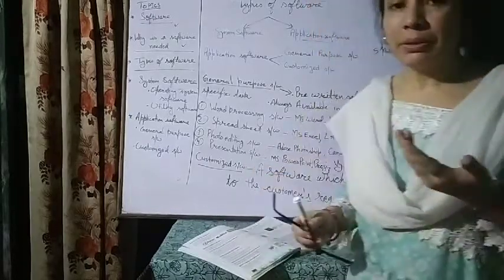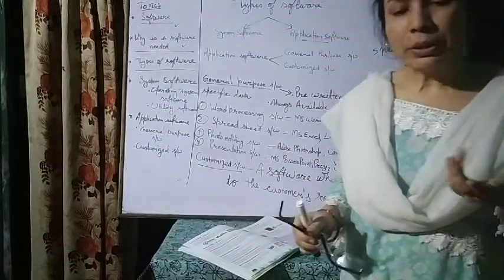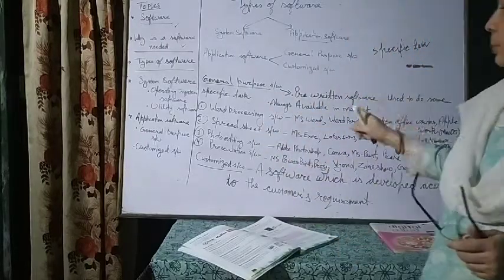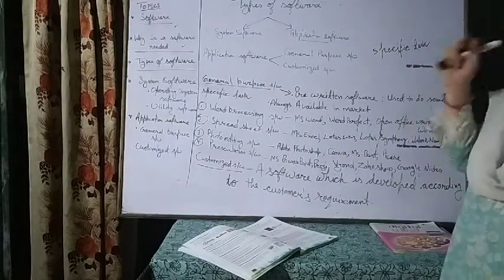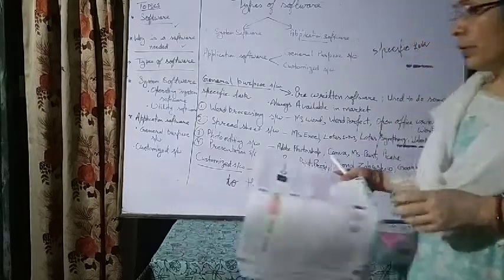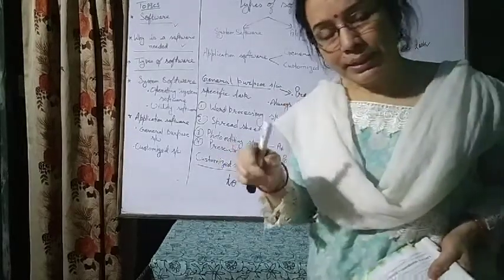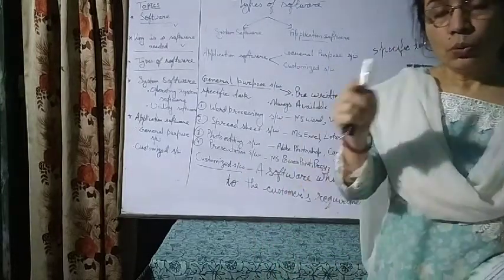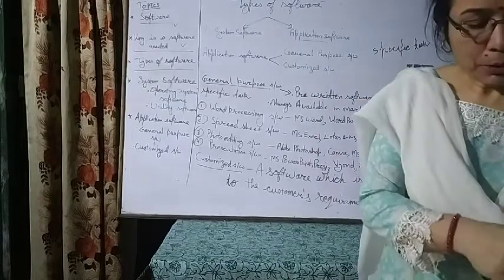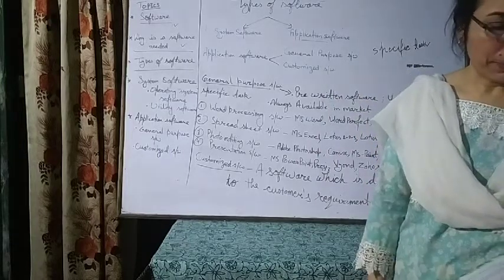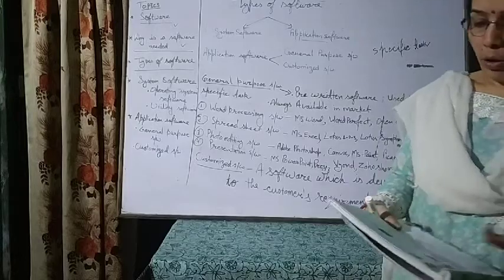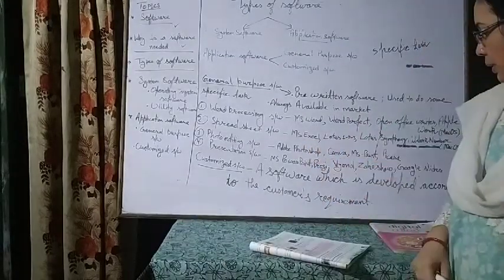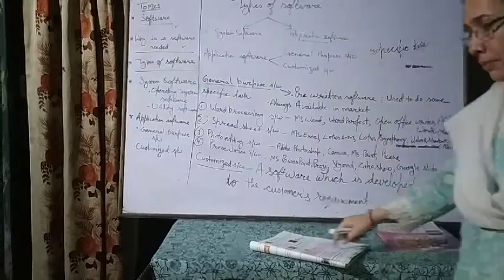You will learn about ledger making in senior school, but now I can explain that spreadsheet software is the special software used to analyze numerical data, and if there are complex calculations, we can use spreadsheet software for this. In your book some examples are given: Microsoft Excel, Apache OpenOffice Calc,